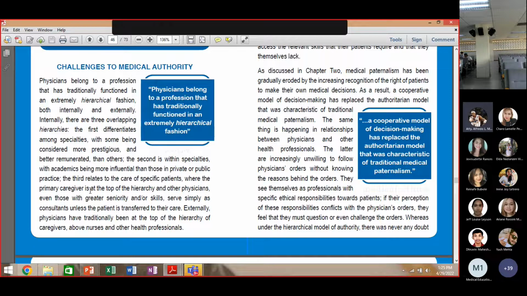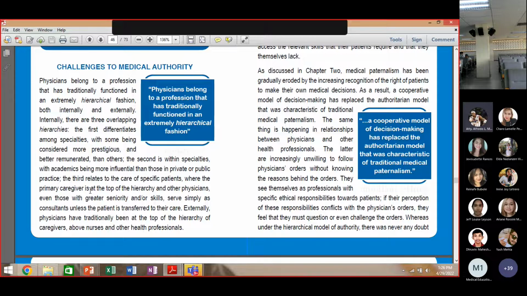Internally, there are three overlapping hierarchies. The first differentiates among specialties, with some being considered more prestigious and better remunerated than others. The second is within specialties, with academics being more influential than those in private or public practice. And the third relates to the care of specific patients, where the primary caregiver is at the top of the hierarchy, and other physicians, even those with greater seniority and or skill, serve simply as consultants unless the patient is